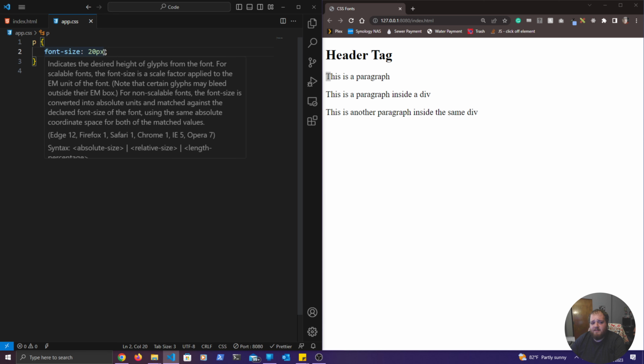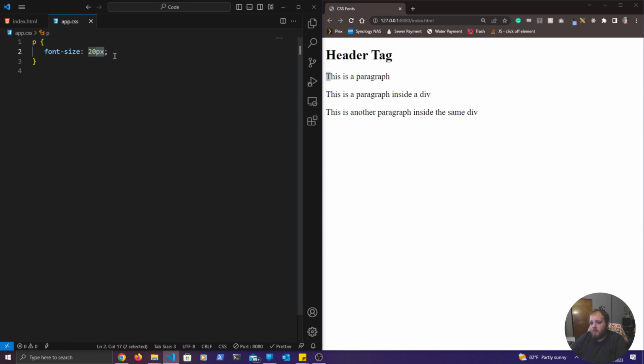Now what exactly is this px right here at the end of this 20? Well, this is the pixel unit that you're specifying as the size unit. So there are many different units in CSS, just like there are many different units in real life, like inches, feet, meters, stuff like that. They're measured in units. So a pixel unit is going to specify how many pixels tall a piece of text is. So this glyph right here is 20 pixel units from the very bottom of it to the very top of it. And that's what we are changing whenever we are specifying the font size, is the height of the